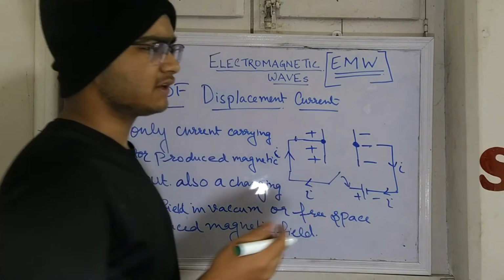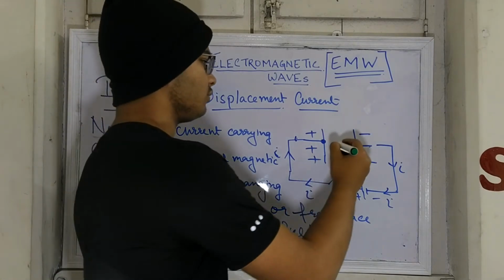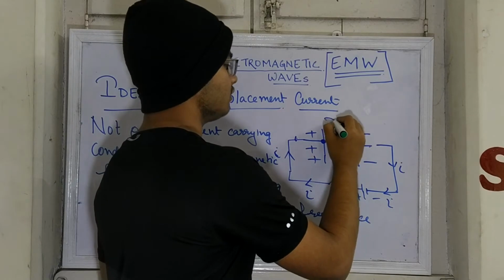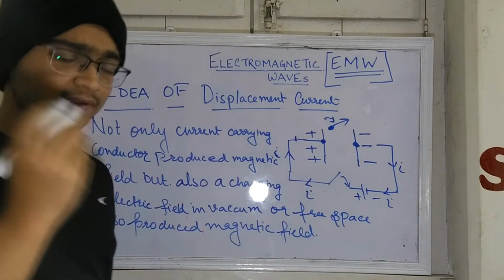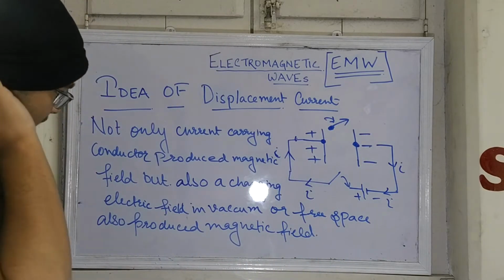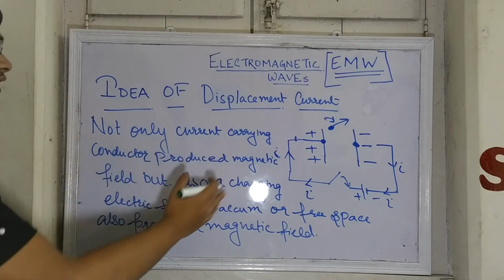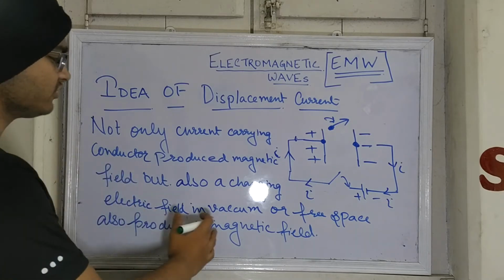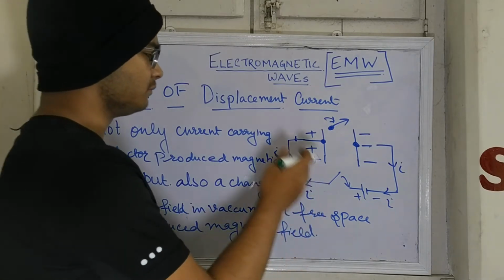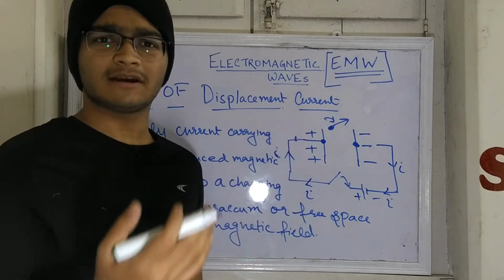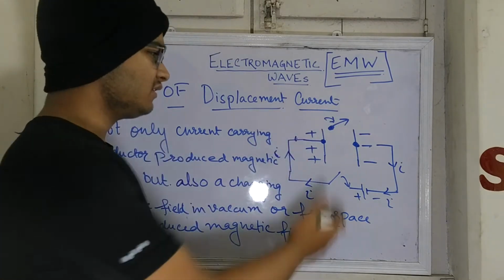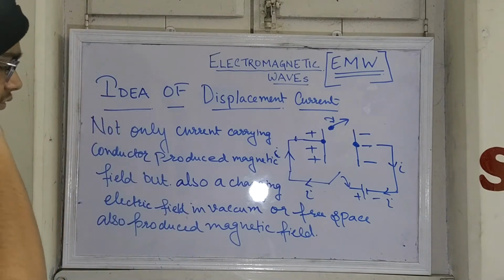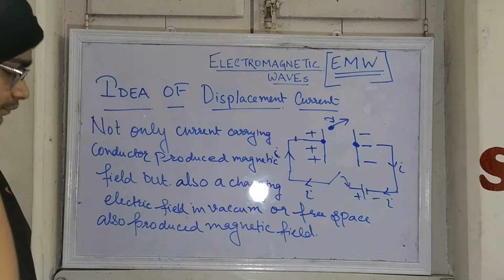The proof for that is Maxwell took a magnetic needle and brought it between these two plates of a capacitor. He found that the needle got deflected. That means there is a change in magnetic field gradually, right? So Maxwell said not only a current carrying conductor produces a magnetic field, but also a changing electric field in vacuum or free space, because between these two plates of a capacitor there is free space or a vacuum, means nothing is there, right? So a change in electric field in vacuum or free space also produces a magnetic field,